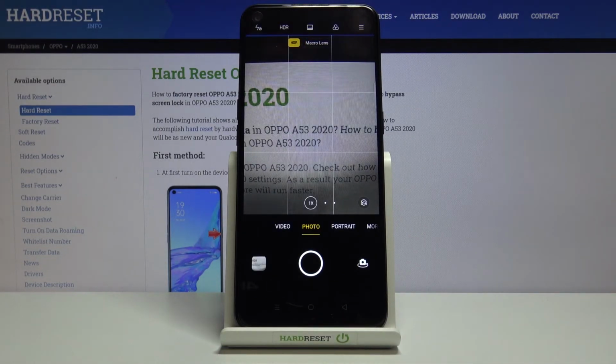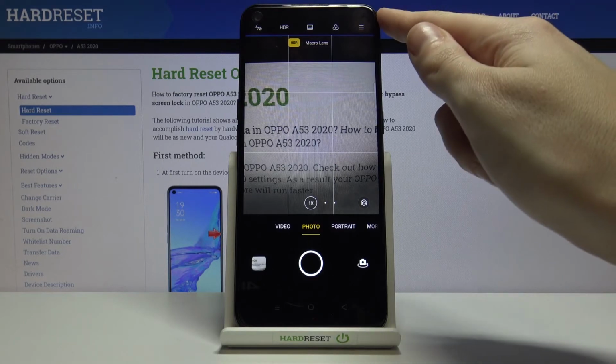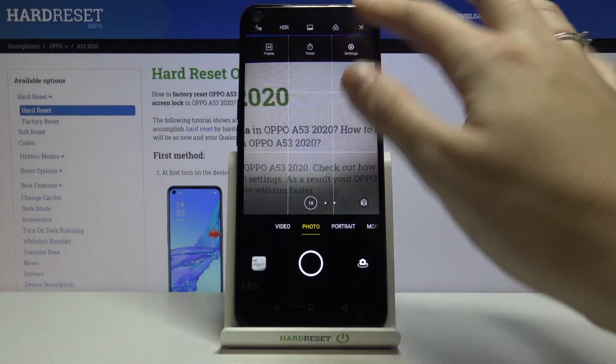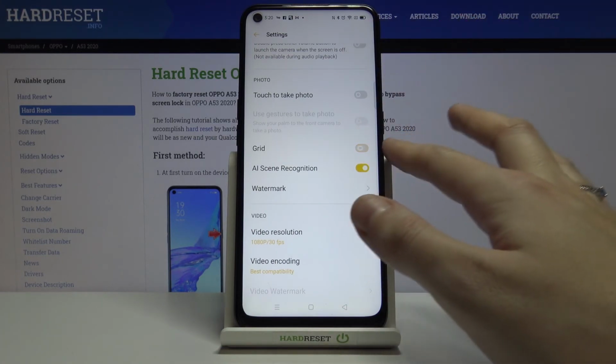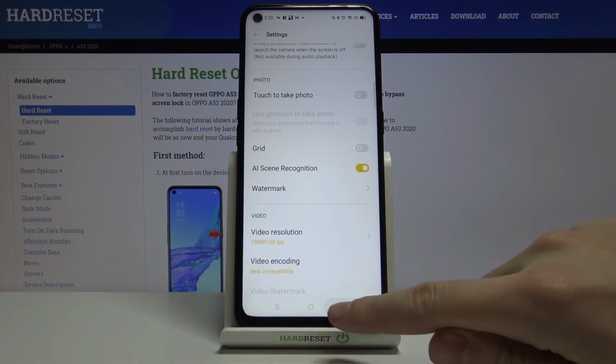And of course when we don't need this, we can easily go back to the right corner, then to the settings from the right, and slide again to the photo settings, tap on this button. So for now the grid lines in the camera